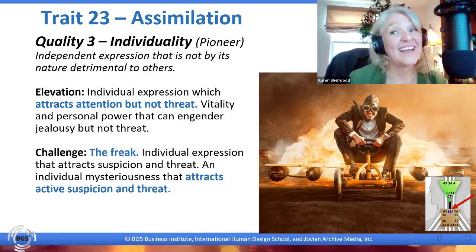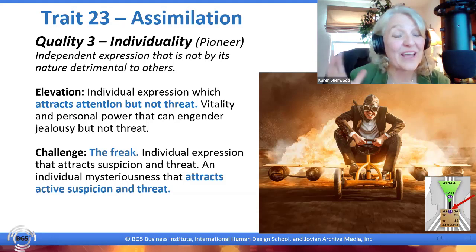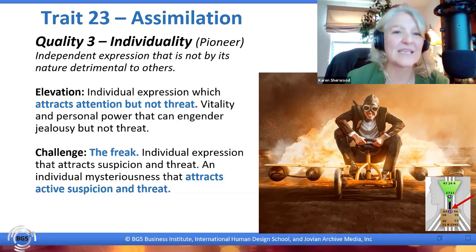Yeah. And one of the things that you've seen and heard throughout our discussion in taking a look at trait 23 is that sometimes it can be painful, right? It can be painful to be seen as a freak, or people not accepting your ideas. And that's part of what individuality is. People often don't like change. They don't like things that are different. They want things to stay the same. They want the status quo. And that's not what the 23 is about, right? It is about bringing change. It is about bringing forth something different.